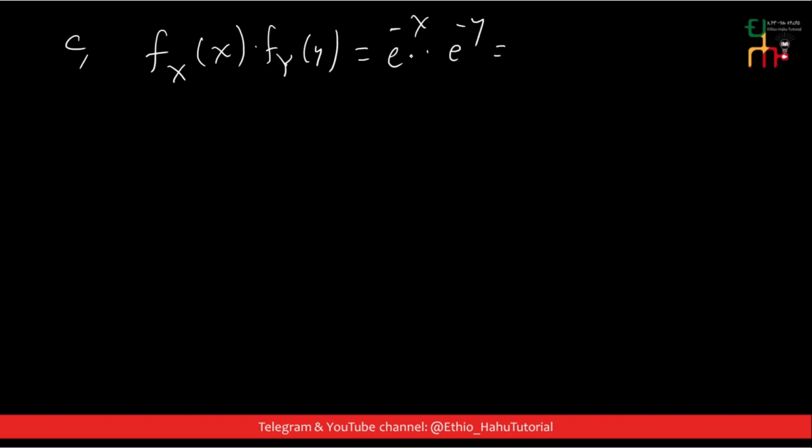Part c: are x and y independent? To check, let's find the product of their marginal probability density functions, f_X of x times f_Y of y. f_X of x is e to the power of minus x, and f_Y of y is e to the power of minus y. The bases are the same, so we add the exponents: e to the power of minus of x plus y. And the joint probability density function of x, y is equal to e to the power of minus of x plus y, so